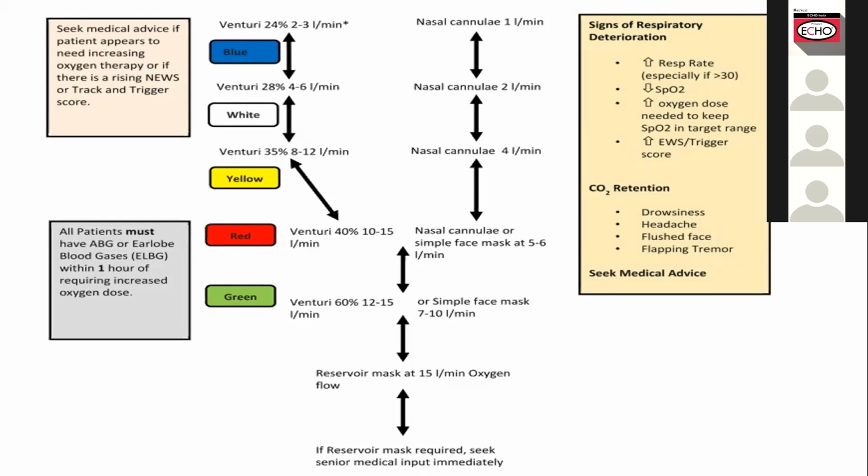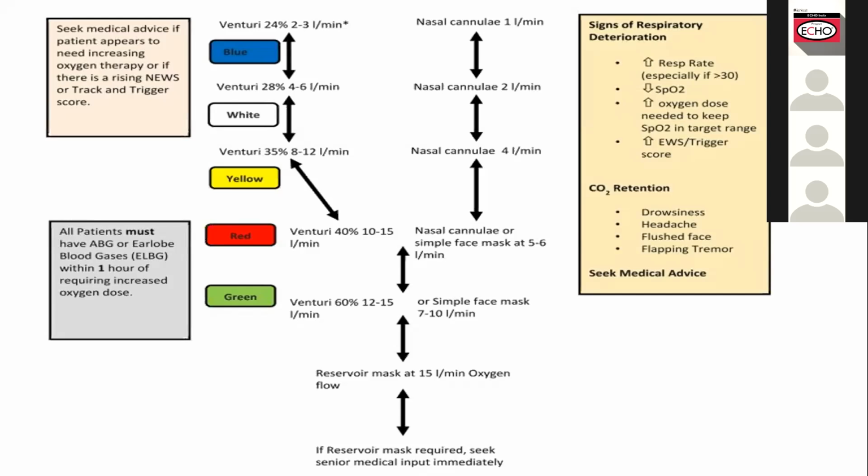If your SpO2 is decreasing as well, the respiratory deterioration is setting in. And if you are requiring high oxygen, like moving up or titrating up, your patient is deteriorating. And if you are also having